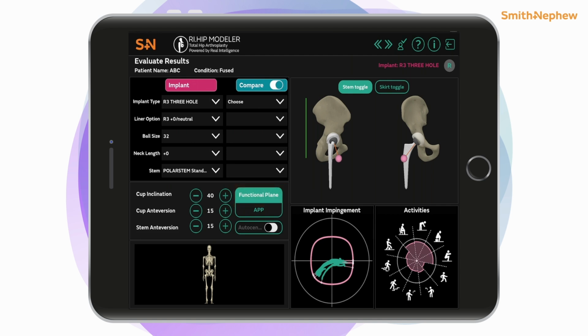On the functional plane, next step usually is, if we look at our activities of daily living and our impingement zones, we want to try to get that as best possible. So you're going to hit the auto center button, which is going to try to minimize our impingement zones through all activities of daily living. And then you can see that sets your cup inclination and anteversion based on